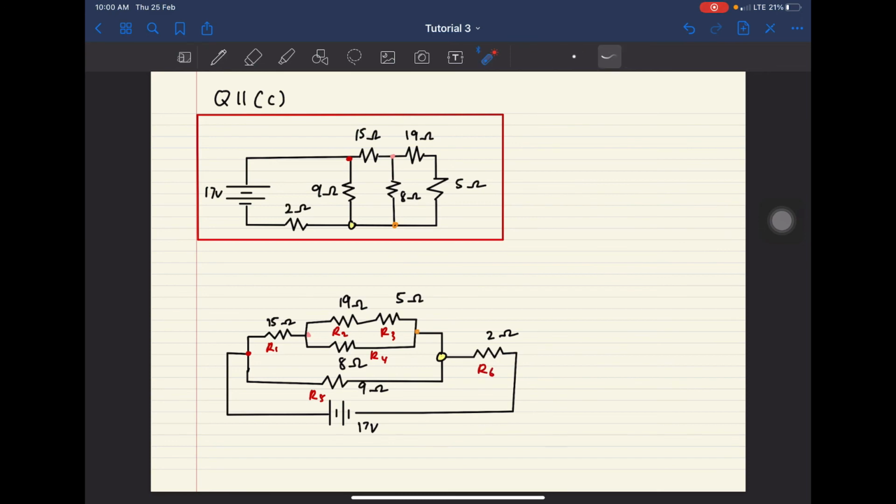Okay, to solve this one, obviously you can solve this part first, and then you combine the whole thing. After that you can combine this and this, which are in series, and combine the whole thing here. Then the last part is combine the whole thing there. Okay, so the solution would be